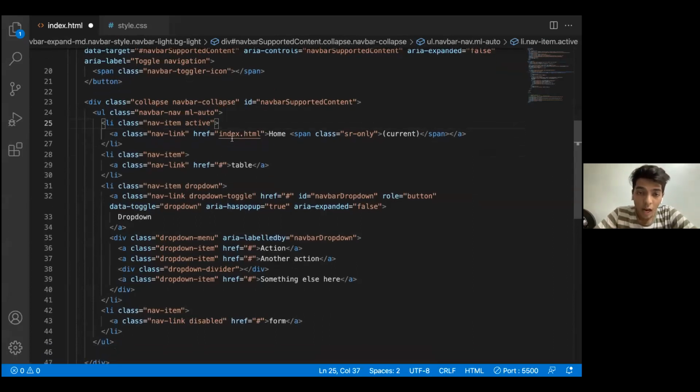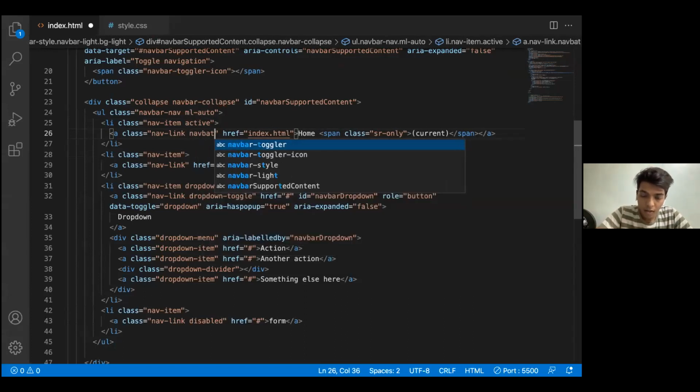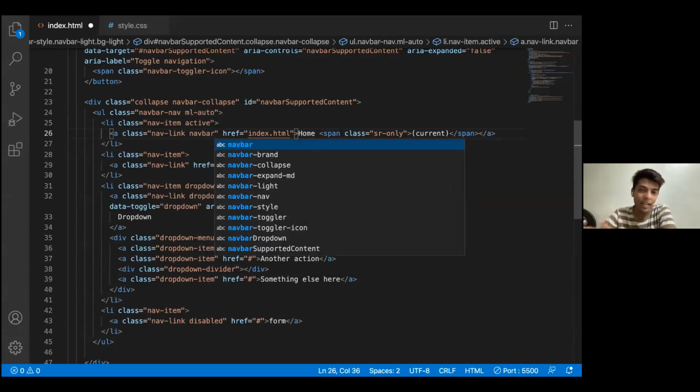Now the second part that we'll be doing is giving some classes to the link items that we have. The first link item that we have is home. So I'll go here, putting in a class of active, meaning the first link that we have. I'll put in a class of navbar-link-style. In my navbar, there is a link that I need to style. You can place in any name that you want. There is no compulsion that you have to write navbar-link-style.